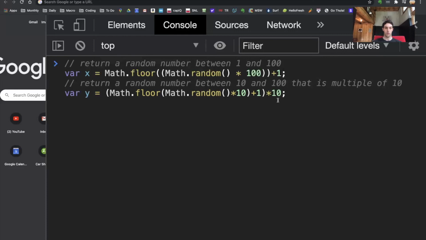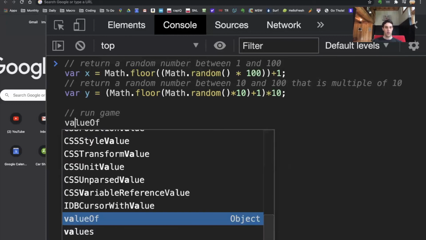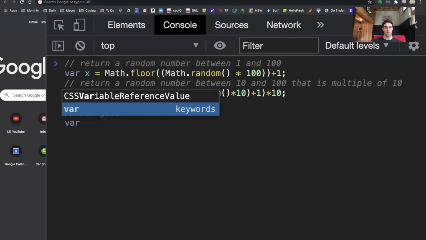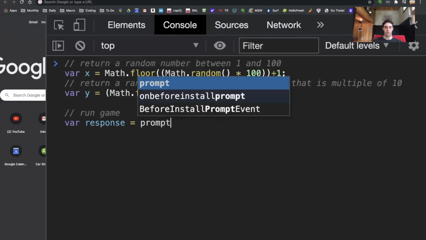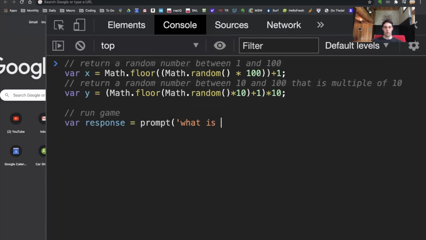So again, Shift plus Return. Do that again. And now we're going to create comments for run game, Shift and Return. And now we're going to create a new variable called response. And this is going to hold what the user inputs. Then we're going to ask the user what is, and we're going to create a concatenation. So what we're going to do here is what is